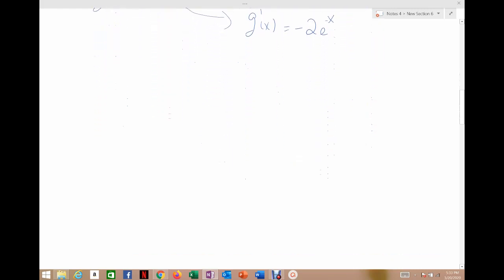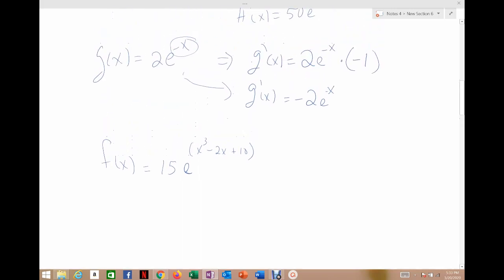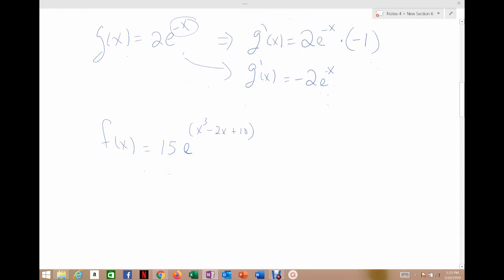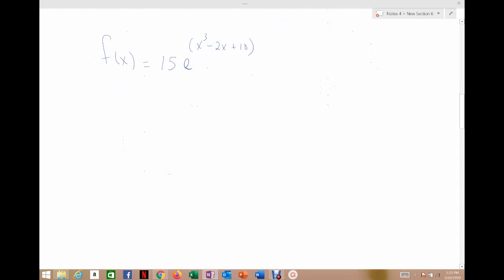All right, that's another example where maybe we've got something a little more complex in our exponential. So I've got 15e to the x cubed minus 2x plus 10. All right, this one actually students usually do a little better on than the last example, because they can recognize it's obviously a function, the cube, inside the e, right? It's e raised to that cube function, and so there's two functions that I have to take care of. And so when I take the derivative, the very first thing you do is write the original expression. So 15e to that cube,